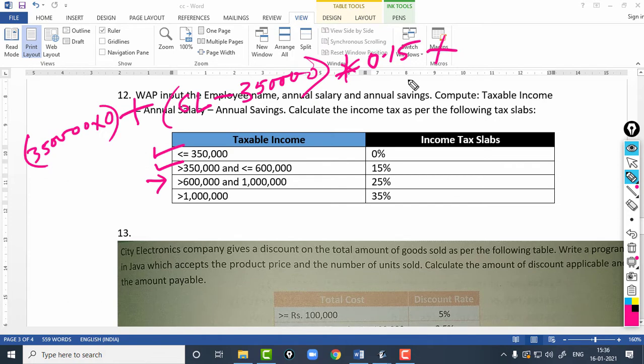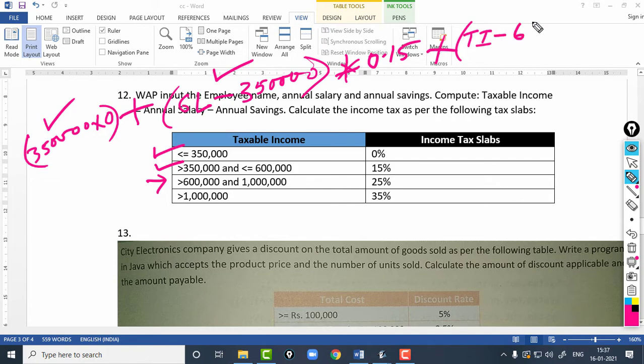Now, in the current slab, how much amount is left? We have already calculated for 3,50,000, and then 2,50,000 has been done here. So, 3,50,000 and 2,50,000, that is 6 lakhs. So, we have already calculated for 6 lakhs. The remaining amount will be TI. Out of TI, all 6 lakhs has already been taken into consideration.